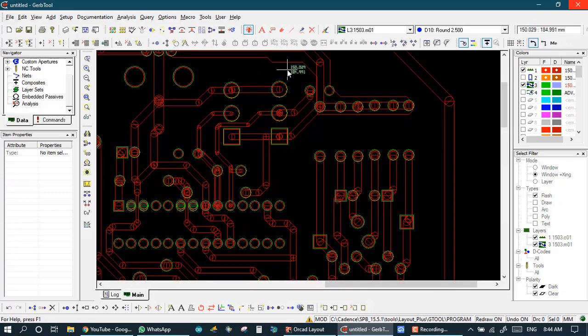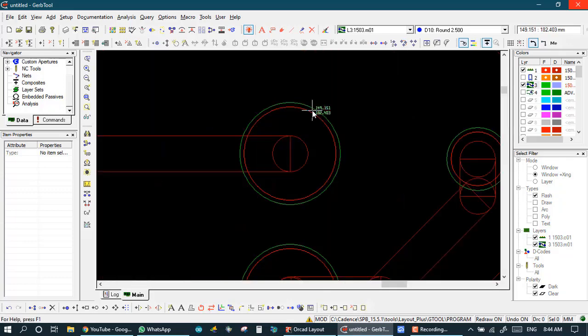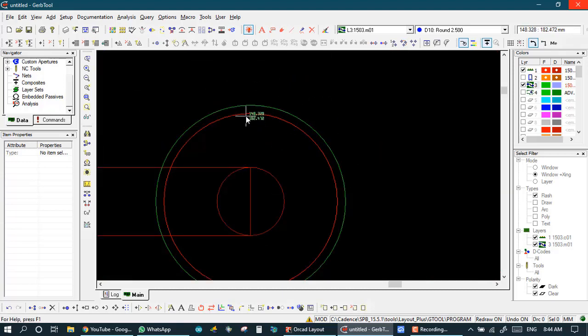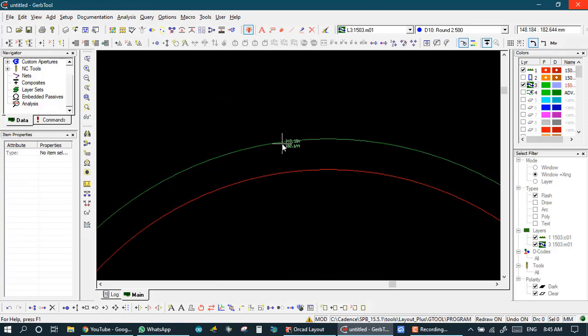Now we see it. The masking layer is incremented as compared to the copper layer, and we made an increment of 0.150 mm. So we measure once again, click on measure, and the size is approximately 147.